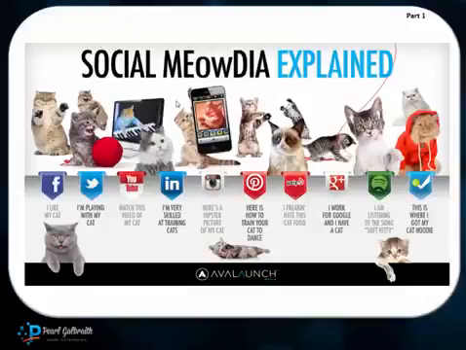Each individual site has its own genre, its own niche, its own audience that it attracts. And what I love that Avalanche Media put together is social meowdia. They're saying, if you have a cat, this is how your cat might be represented on a variety of different social media sites. On Facebook, you post, I like my cat. Facebook is all about liking. Twitter, though, in its brevity and its instant format, is I'm playing with my cat.